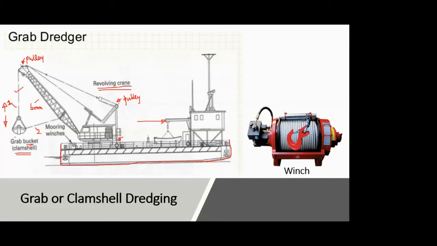So we have to use such a bucket which will be self-excavating. That bucket will excavate the material, collect it, and then simultaneously close the bucket as well. So that is the type of arrangement. For the opening of that bucket, this rope number 2 is used, the one which I have numbered here. Now, you see that rope number 2 is attached only to one part or one side of the bucket.